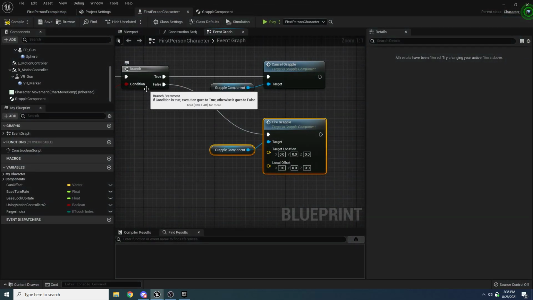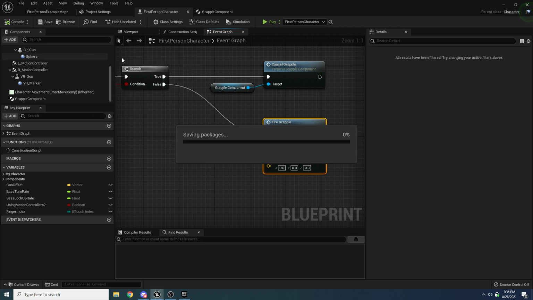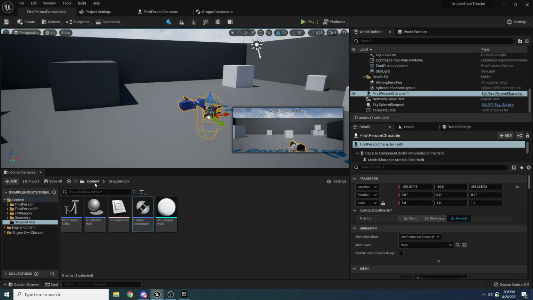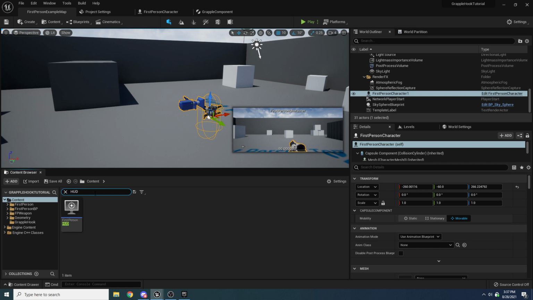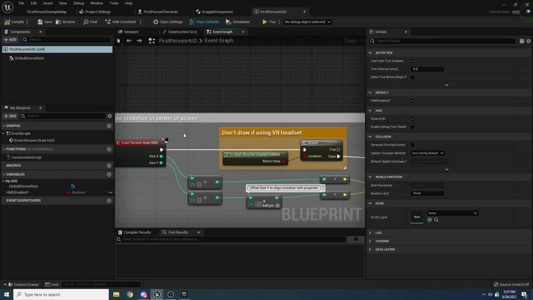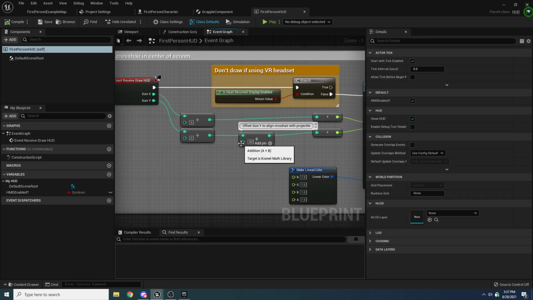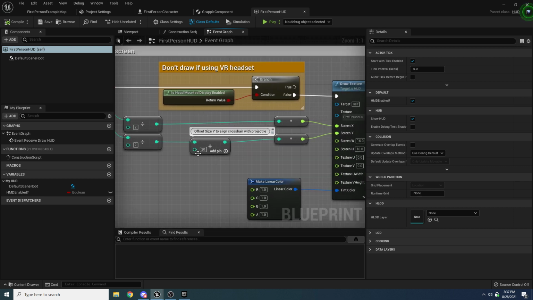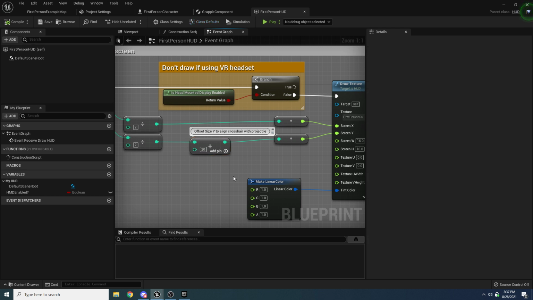First of all, we need to actually move our reticle, because by default, that little red reticle is not actually in the center of the screen. Couldn't really tell you why Epic decided to do it that way, because it messes up a bunch of people, but we can go ahead and fix that real quick. So let's go back here to the content folder, search for HUD, open this up. If you already have your own HUD, then don't worry about this because you probably have it set up correctly. But you can see what they do is they add an offset so that it looks like